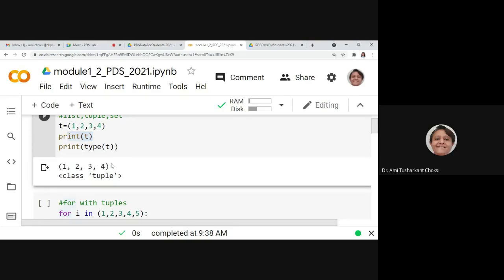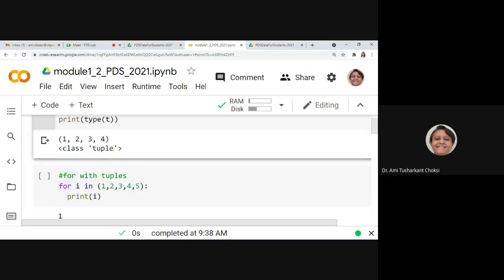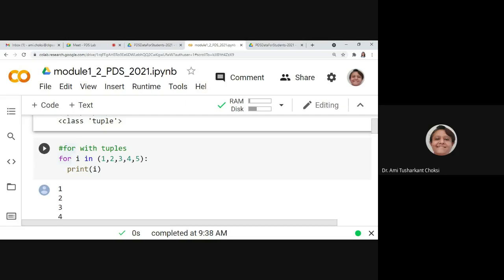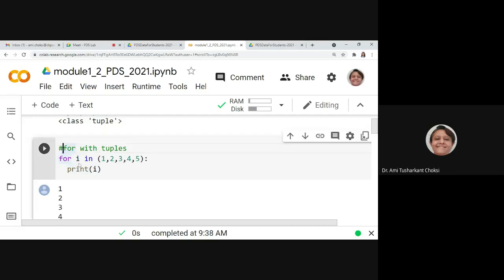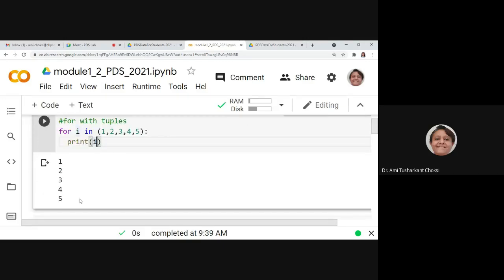Now I want to iterate it, one value at a time. So for that we can say for i in (1, 2, 3, 4, 5). This is a tuple, right? We know that. Colon, indentation, print i. If I run it, I'll get the output 1, 2, 3, 4, 5.